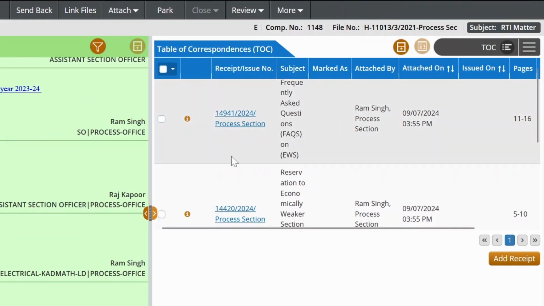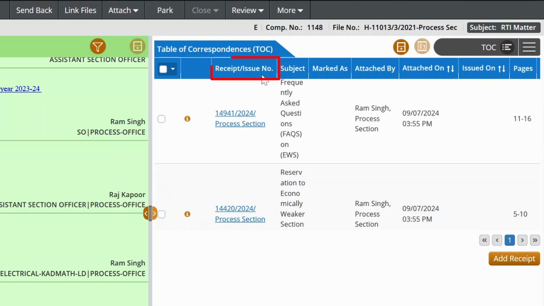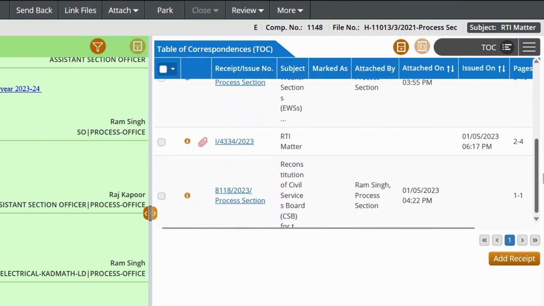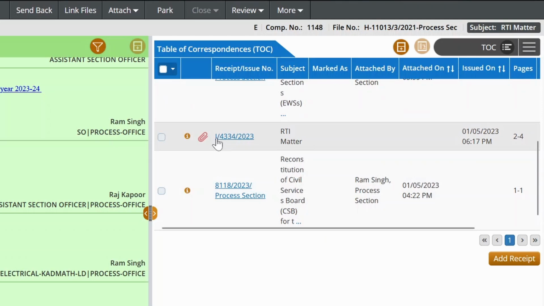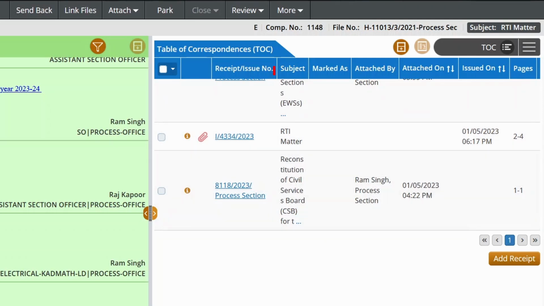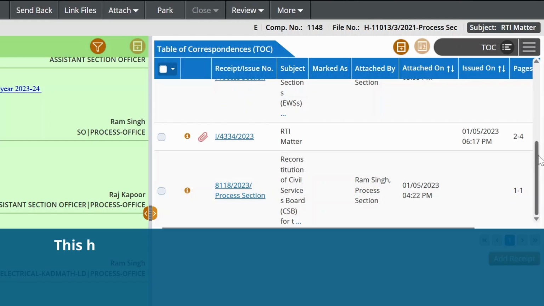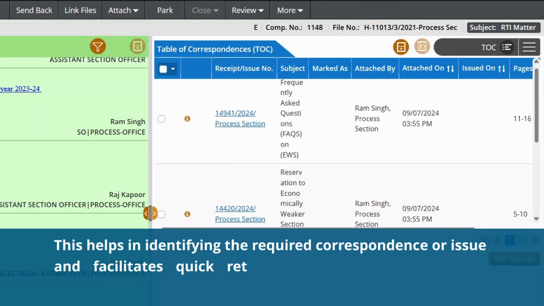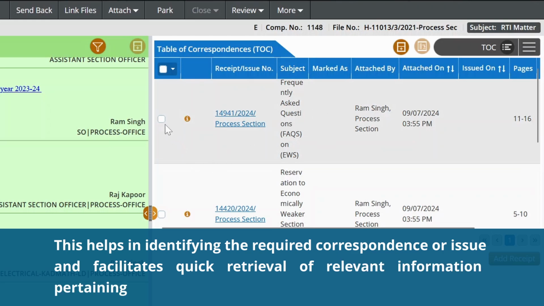Each entry in the TOC represents a specific communication and includes details such as receipt or issue number, the unique diarization number assigned to each receipt during diarization of DAC, and issue number assigned after approval of a DFA can be seen here respectively. Subject, the title that specify the correspondences or issues based on their subject matter. This helps in identifying the required correspondence or issue and facilitates quick retrieval of relevant information pertaining to inwards and